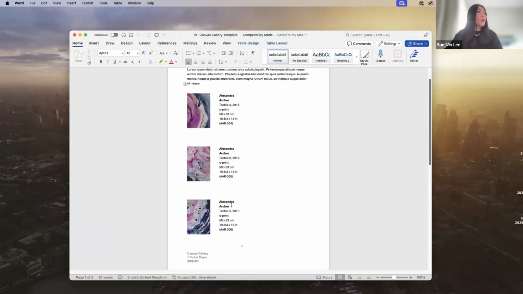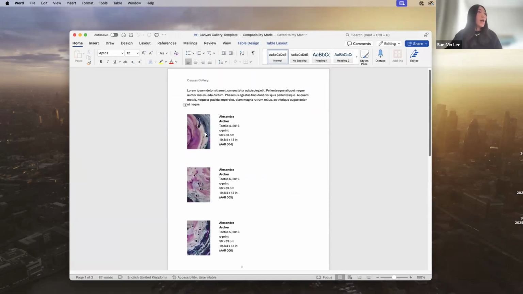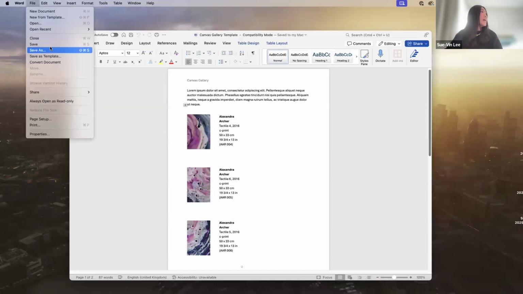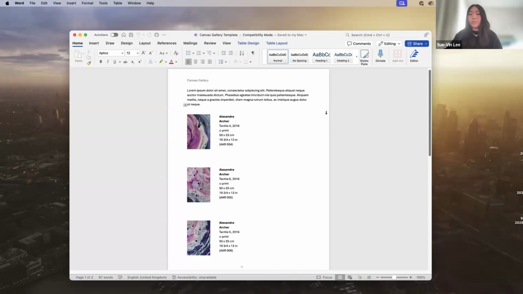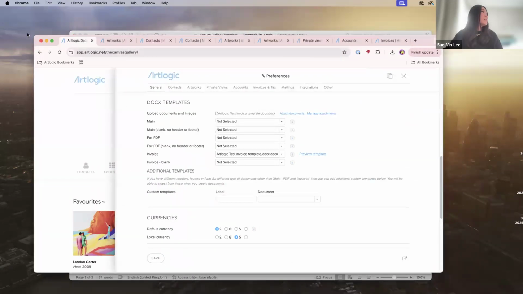Of course, you want to add the contents of your document here. And also remember afterwards, when you're happy with everything, you would want to click save so that you're saving it to your desktop or your laptop. Now, when we go back to the management system,